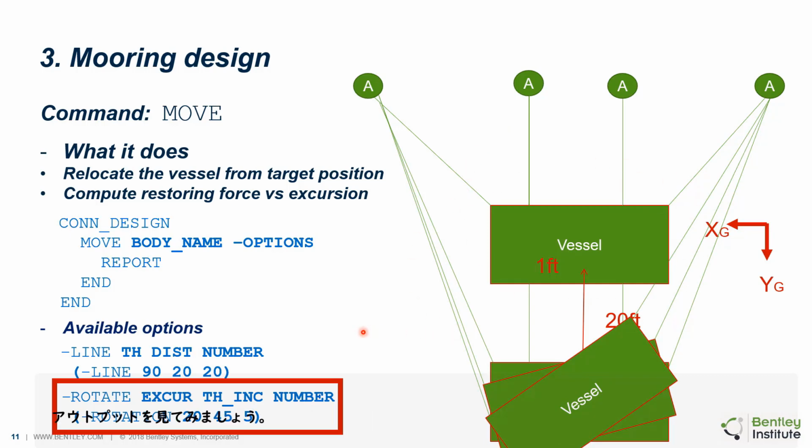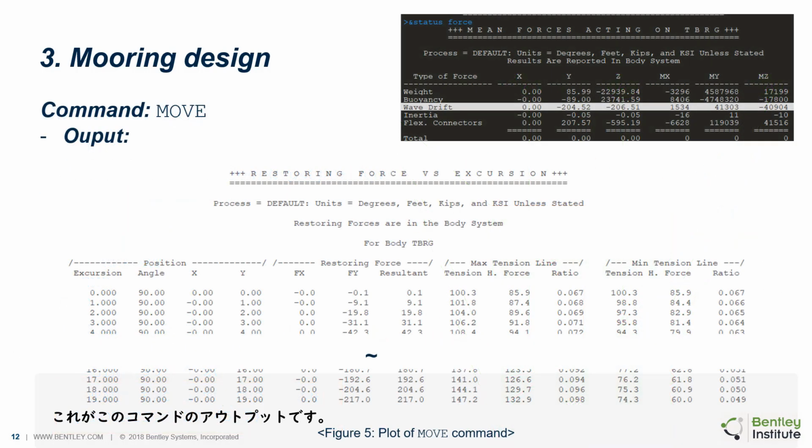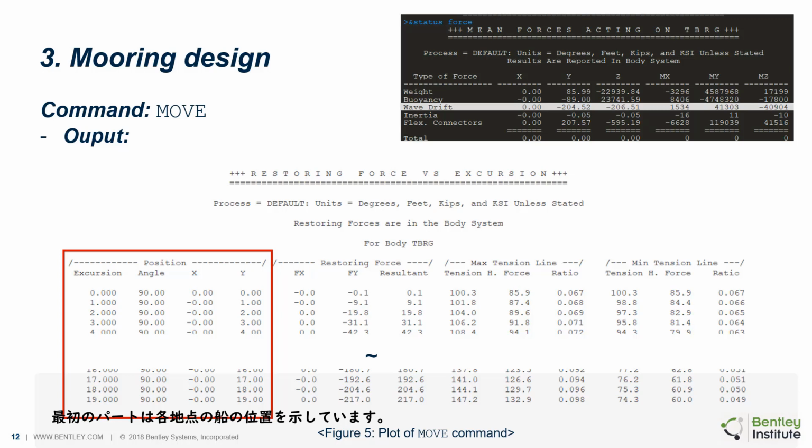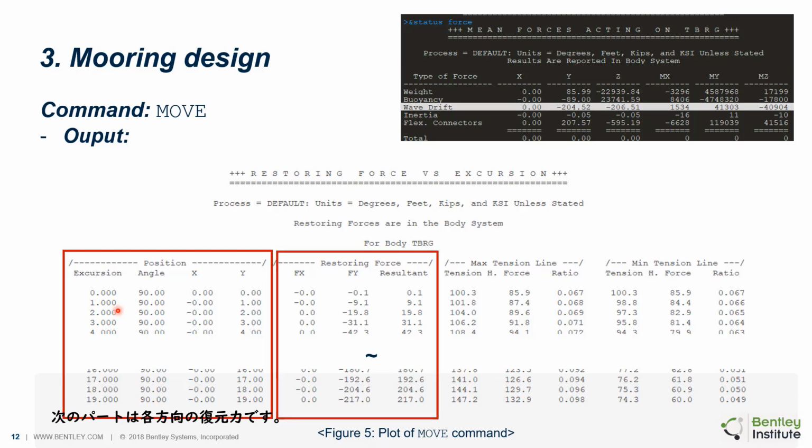Now let's take a look at the output. This is the output of this command. The first part tells us the location of the vessel at each step. As you see, it moves in the y direction with a step size of 1 meter. This is what is defined with the minus line option. Next part